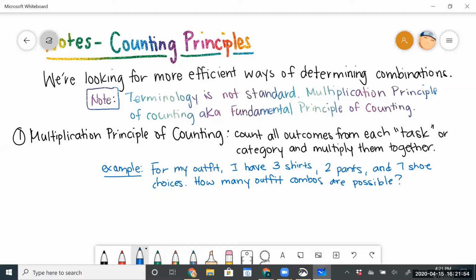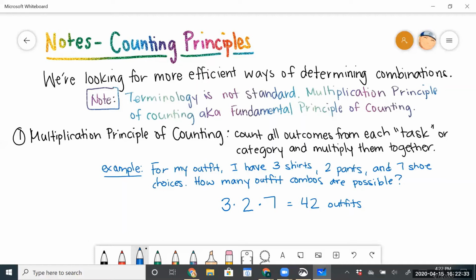Okay, so instead of doing my tree diagram, I can just take 3, multiply it by 2, multiply it by 7, and end up with 42 different outfits that I can put together out of the clothes that I've been given. Okay, so not bad. I mean, just 3 shirts, 2 pants. I'm pretty sure the 7 shoes are what made it possible for me to have 42 different combination outfits. But still, 42 outfits, that's more than a month's worth of outfits. So regardless, the multiplication principle helped us avoid creating a huge tree diagram if I didn't really need that information.